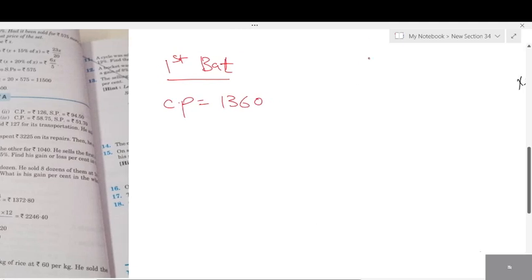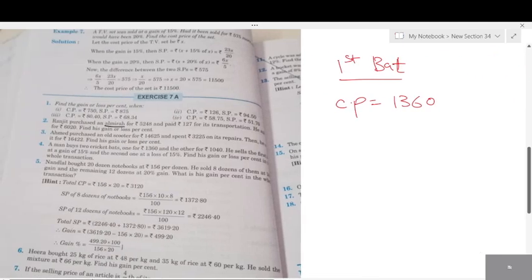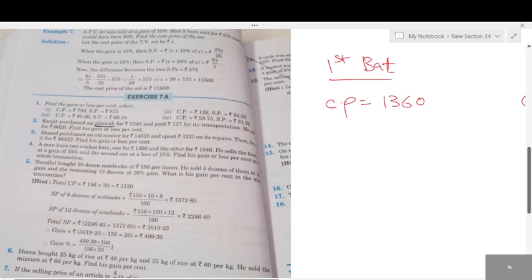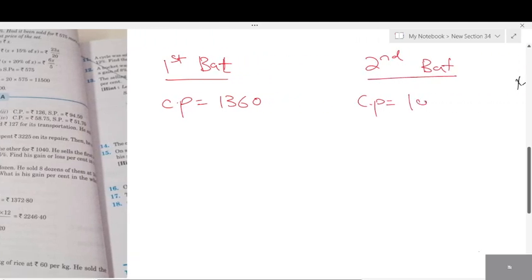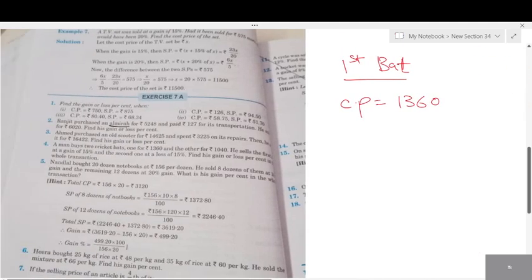Very good. Now I'll ask you questions. You all have to answer. Second bat. All of you will read the question. Okay, fine. A man buys two cricket bats, one for 1,360 and the other for 1,040. Next statement, and tell me what data are given. He sells the first one for what? 15%. And the second one,